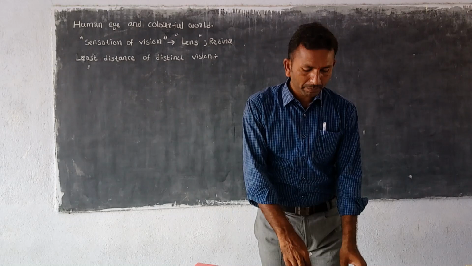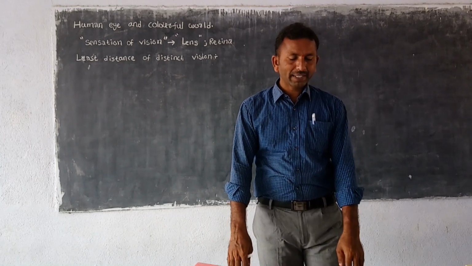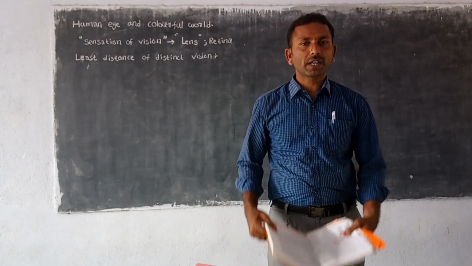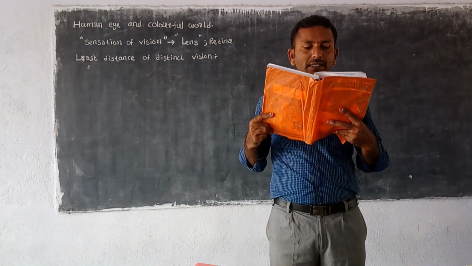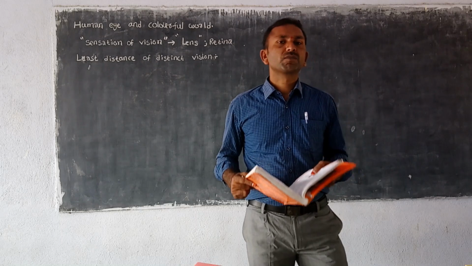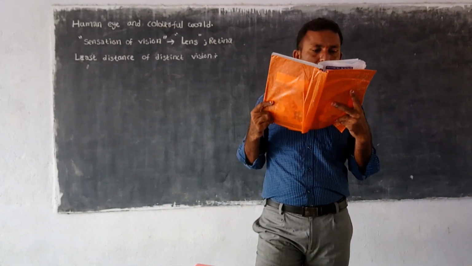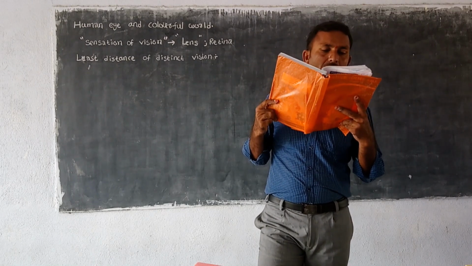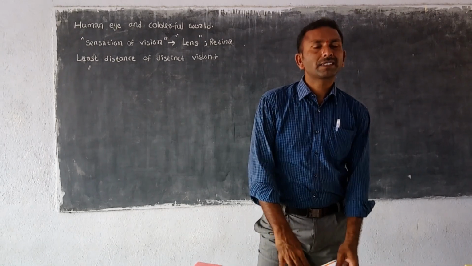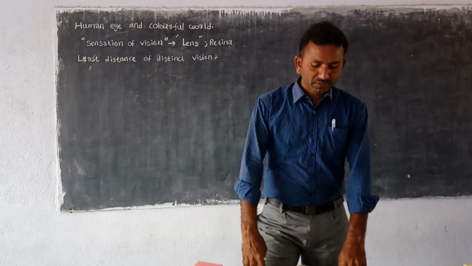The printed letters on the page of the textbook appear blurred, or you feel strain in the eye. If you move the book very close to your eyes, the letters will be blurred. That means we cannot read the letters clearly. And if you keep the book very close to your eye for some time, our eye will feel strain and we cannot see the book clearly.